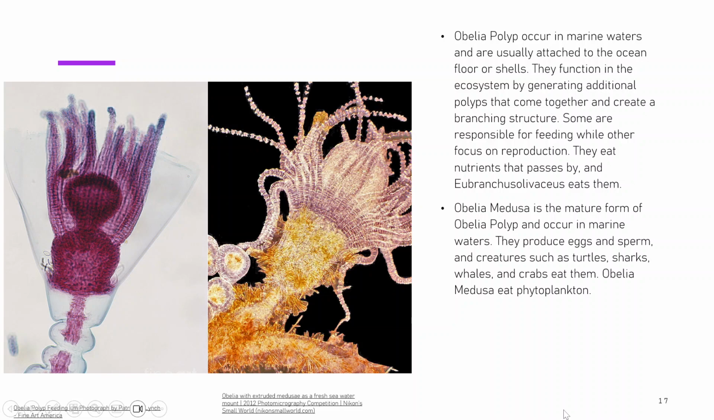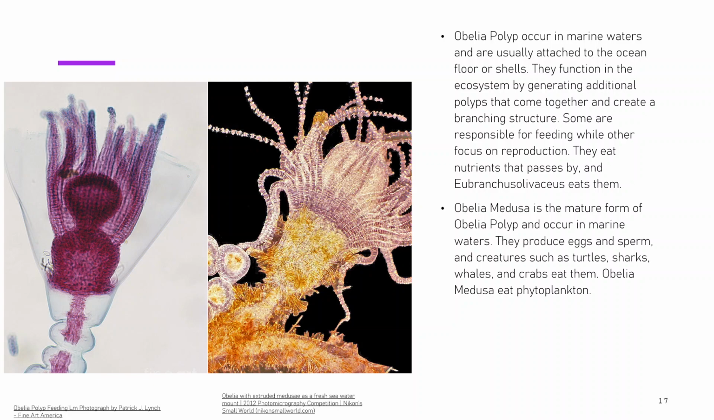Obelia polyp occur in marine waters and are usually attached to the ocean floor or shells. They function in the ecosystem by generating additional polyps that come together and create a branching structure. Some are responsible for feeding, while others focus on reproduction. They eat nutrients that pass by, and Eubranchus